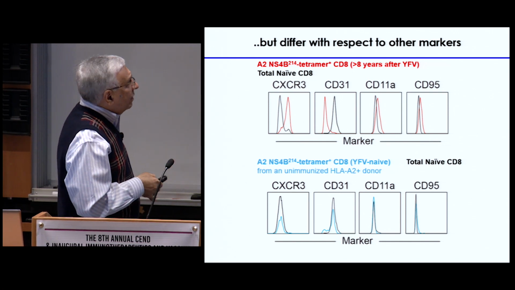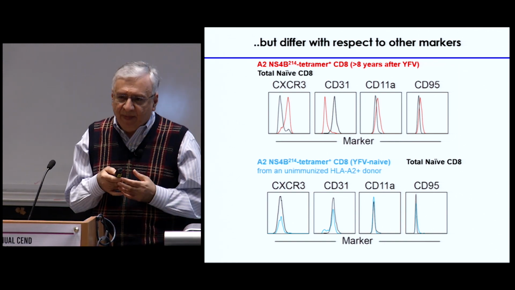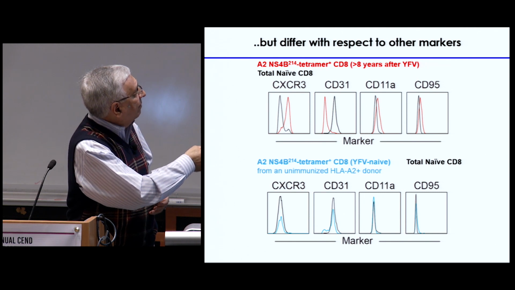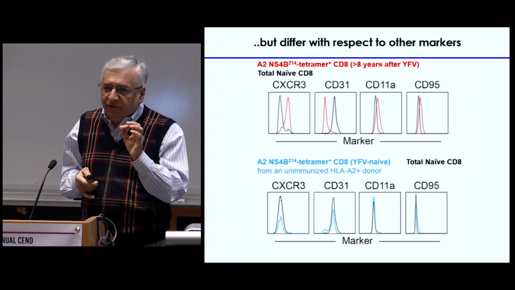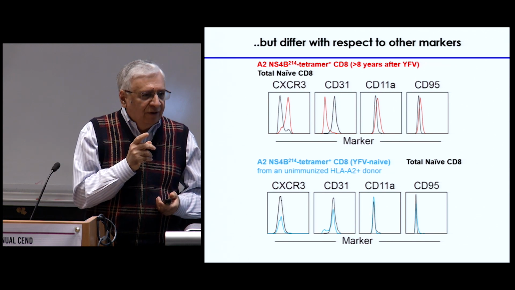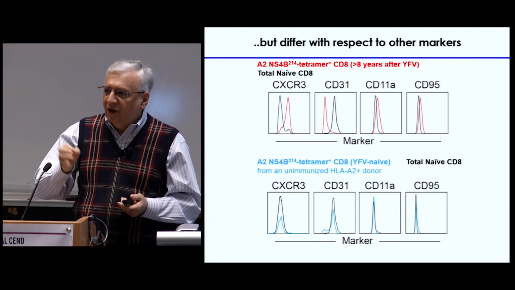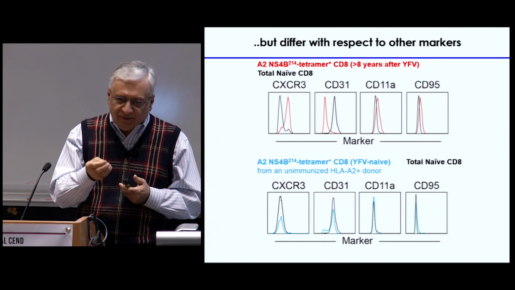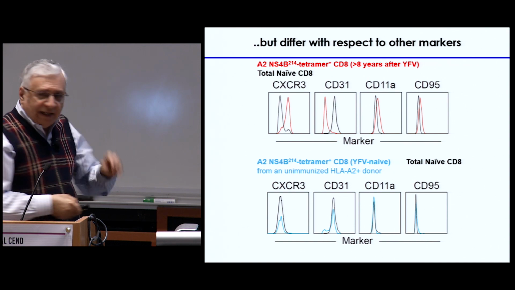So then Rama did what I would say was a very nice experiment. This was comparing bulk naive cells with the yellow fever specific memory cells 10 years later. But then Rama also got yellow fever specific cells of the same specificity from an uninfected individual. So we are now looking at the naive cells of that same specificity. This is very hard to isolate. You need a large blood volume, but you can do this by tetramer enrichment technique. And this is showing now, over here in the light blue, the naive cells of